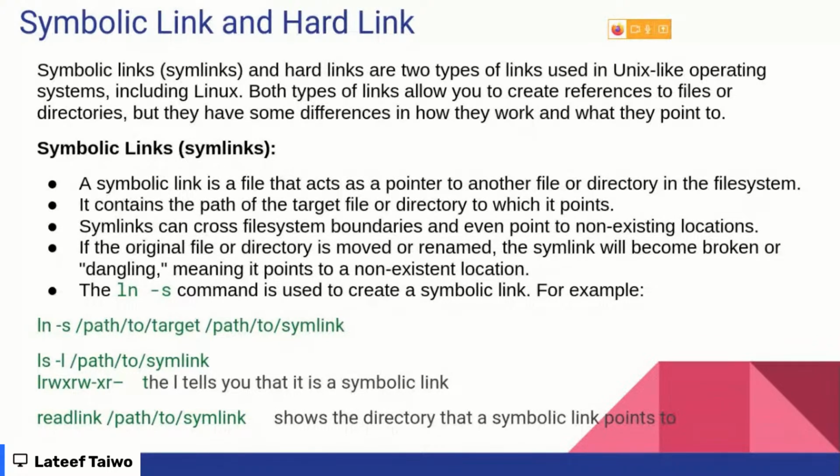So that is what a symbolic link is. It's a link. It's a file that acts as a pointer to another file or directory in the file system. It contains the path of the target file or the directory to which it points. Symlinks can cross file system boundaries. Yes, you can use a symlink across several file systems, be it ext4, be it